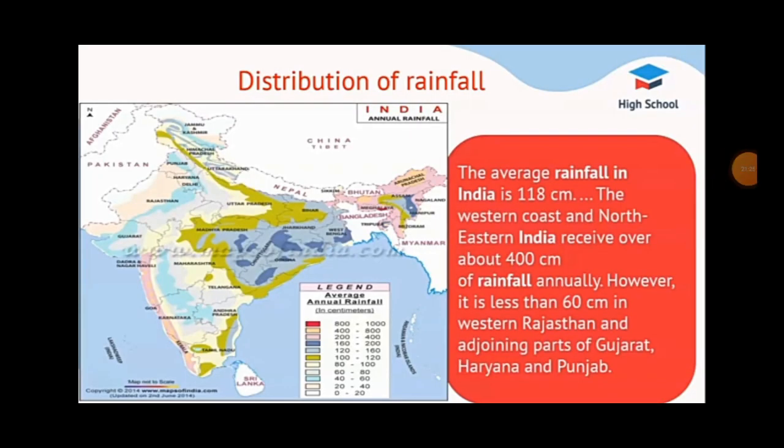The annual rainfall of India is 118 centimeters. The western coast, Assam, South Meghalaya, Tripura, Nagaland, and Arunachal Pradesh are the heavy rainfall areas, which get more than 200 centimeters of rainfall. The whole of Rajasthan, Punjab, Haryana, Uttar Pradesh, Madhya Pradesh, the Deccan Trap or Plateau region, and the Western Ghats, except for a narrow strip along the Tamil Nadu coast, receive low rainfall, less than 100 centimeters. The rest of the areas receive rainfall ranging between 100 to 200 centimeters.